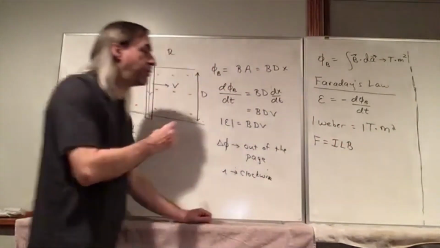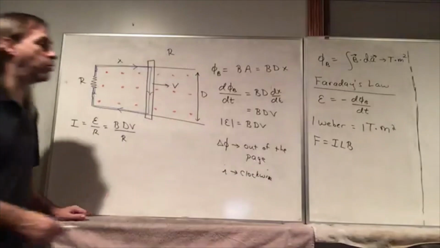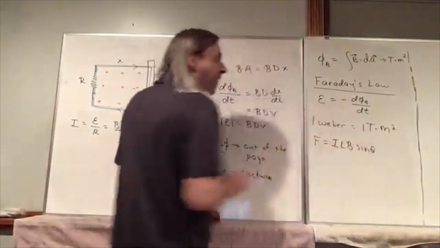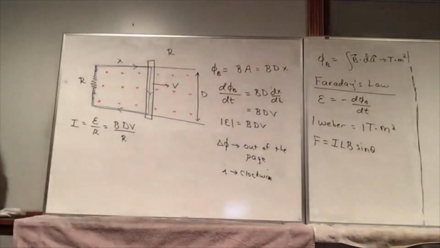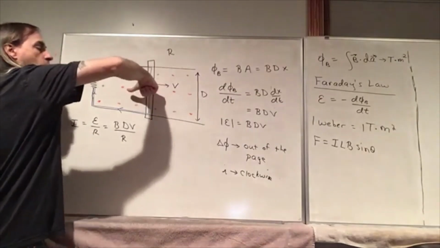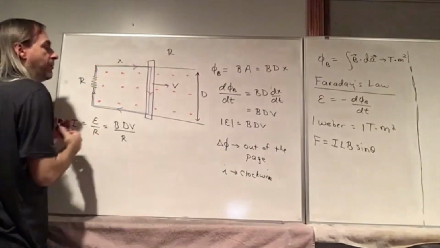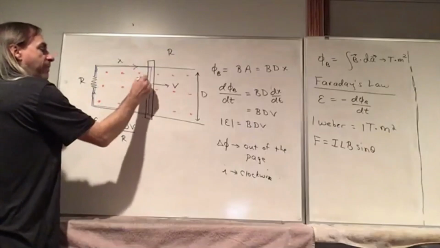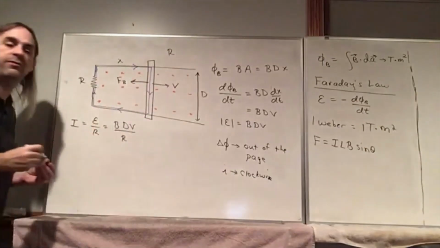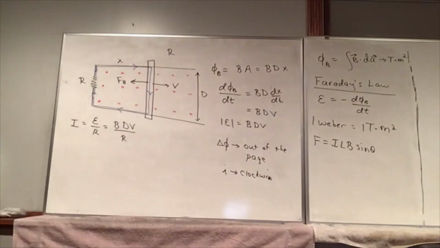Well, the magnitude of the force is ILB. I'll write it this way. We're just looking at the magnitude. But to find the direction of the force on a wire, you use a right-hand rule. You put your fingers in the direction of the current and curl towards the magnetic field. So there's going to be a magnetic force to the left because of that current that is